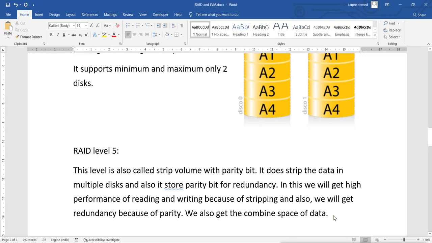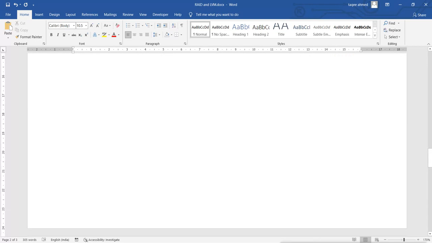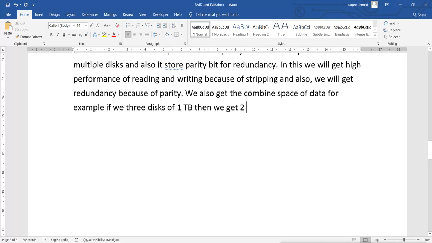For example, if we use 3 disks of 1 TB, then we get 2 TB for data and 1 TB for parity.